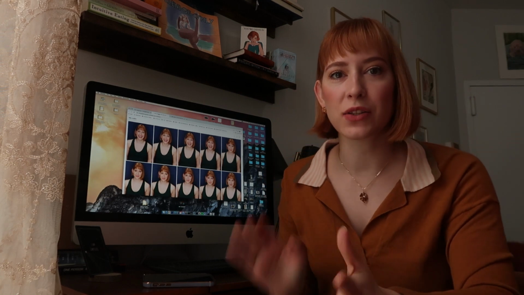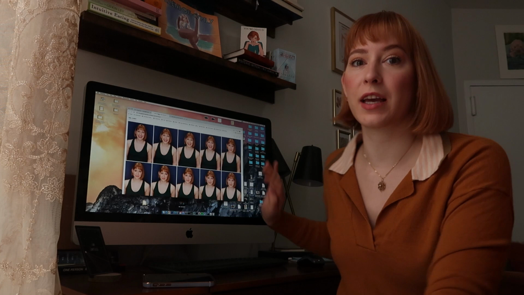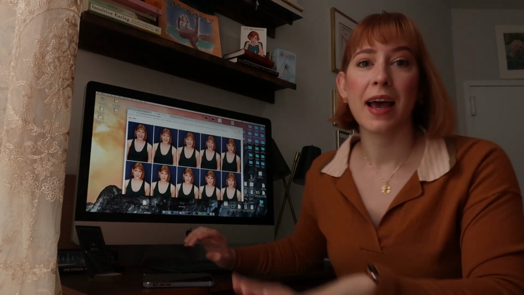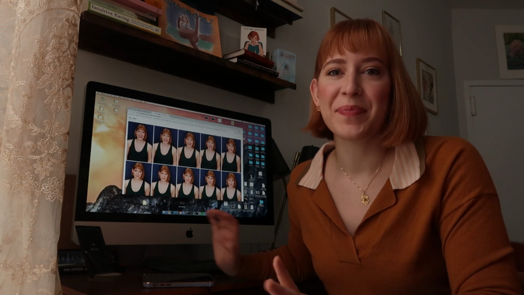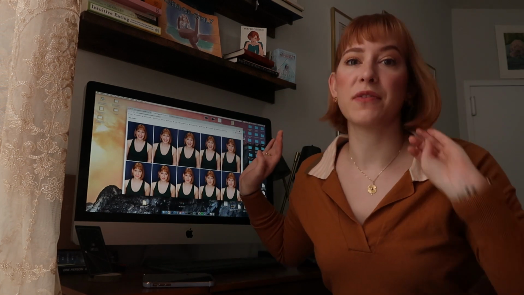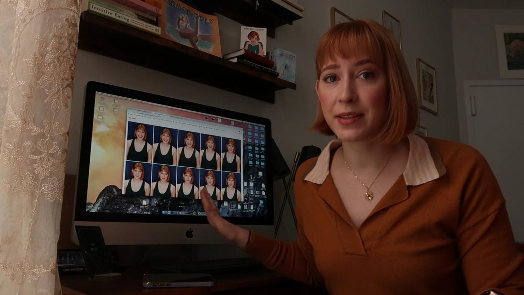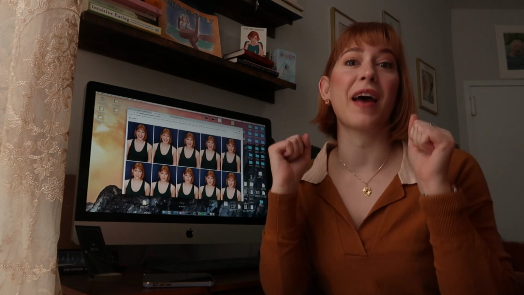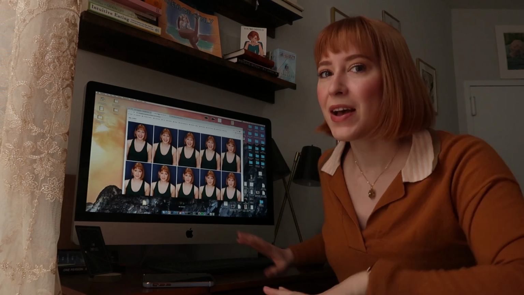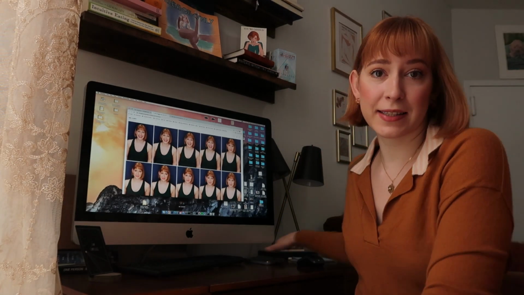So today I am going to be showing you the process of how to choose your headshots. Once your photographer sends you all of your pictures, sorry, I have the window open because it's hot in my apartment, how do you find the headshots, the ones that you're going to get retouched and put on paper for the actual headshot and all of that. So first,